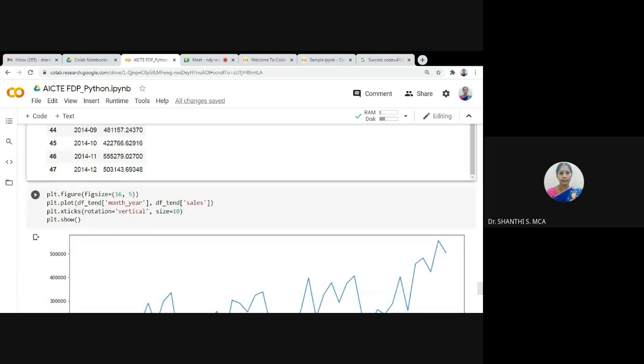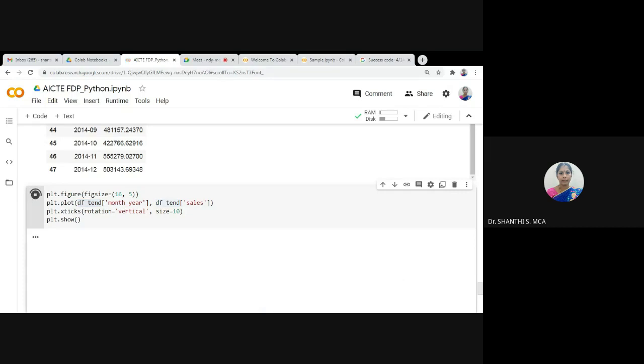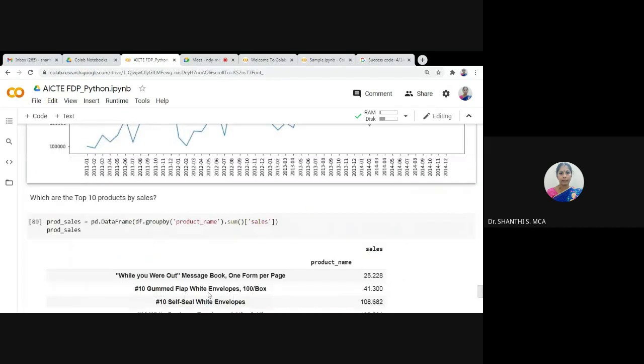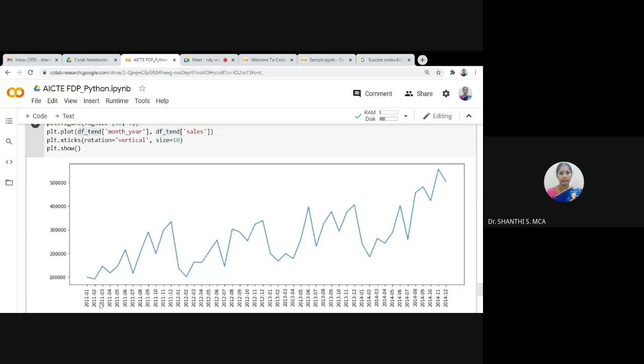So I am using plot dot figure. Then here in trend, I am having my data in the data frame df underscore trend. Now I want to display the month value and sales value. X-axis is month, and y-axis is the sales.